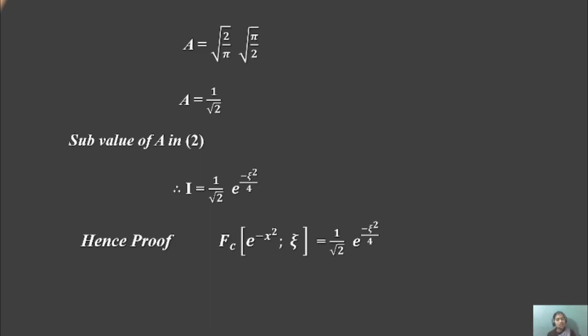This is a most important example, and this is solved in these steps. The first step is considering the value as f of t, generated to the form of an equation and represented as I. This is the first equation. The second step is differentiating both sides, the left hand side as well as the right hand side. The third step is integrating to find the value of A, because I equals A for ξ equals 0. And the last step is to put in all these values and hence the solution will be generated.